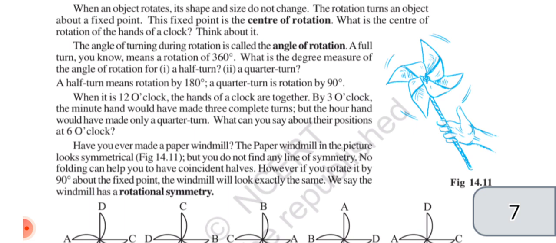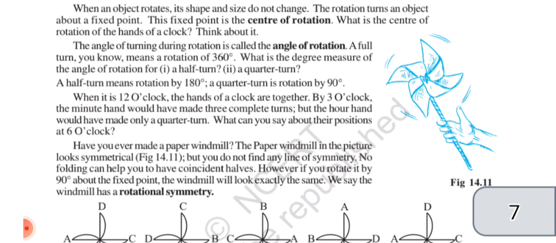What is the center of rotation about the hands of a clock? Think about it. The angle of turning during rotation is called the angle of rotation. A full turn means a rotation of 360 degrees. What is the degree measure of the angle of rotation for